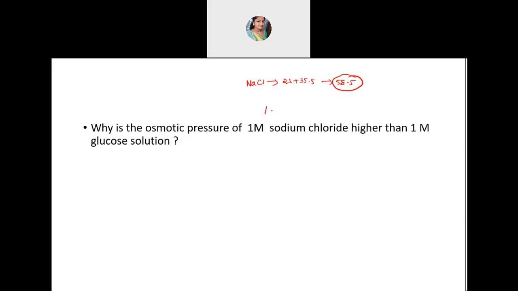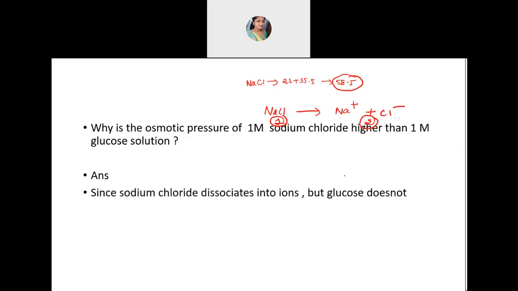Very good, correct. Because NaCl will dissociate to give you one Na+ ion and one Cl- ion. So you can see the number of solute particles formed is higher compared to the initial one. Here it was only 1. Now here it is 2. So obviously that colligative property value also will be higher, no? But molar mass will come down, okay? So here your answer should be: since sodium chloride dissociates in the form of ions, but glucose does not dissociate, you are getting a higher value. Okay, copy down this.